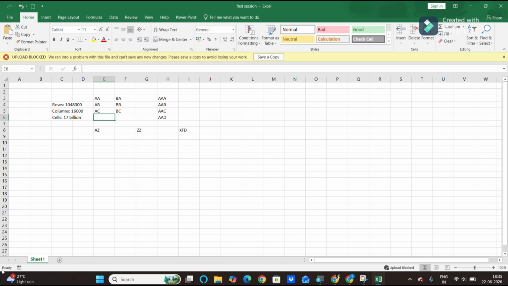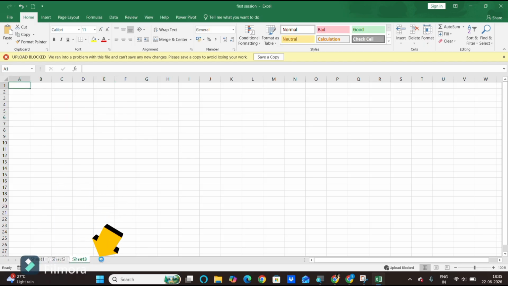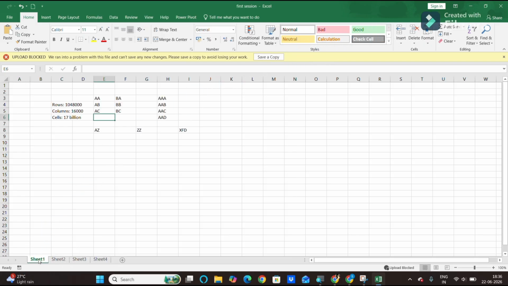Like this, you can have multiple sheets in your Excel workbook by just clicking on this plus symbol. How many ever times you click on this plus symbol, those many sheets you can insert, and you can also rename your sheet by double clicking on the name of the sheet. I will give it as Cell Info. My first sheet has been renamed as Cell Info. Like this, you can rename your other sheets also. So this is about cells and sheets.